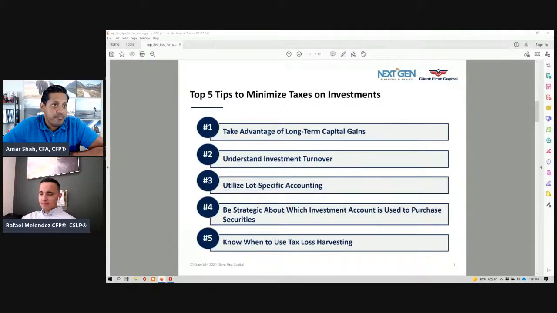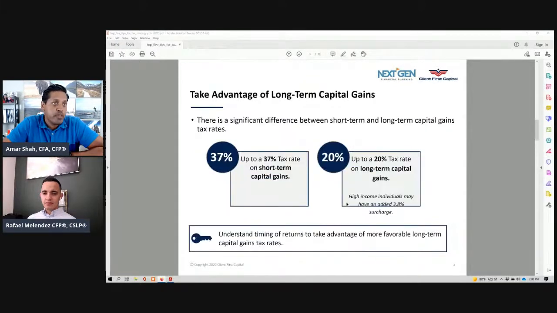So we're going to go through all 5 of these, and I think these are going to be really important. So when you're in the accumulation stage, you have to think that your income level is at the high, your ordinary taxable income is high, right? So when we look at this, we're using that lens to go through some of this stuff. So number one,